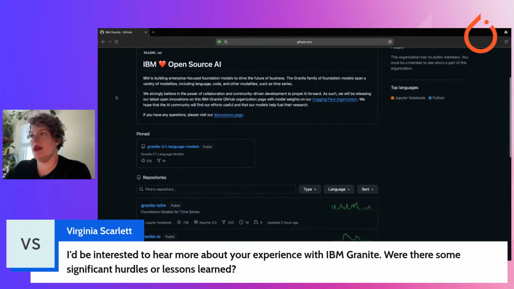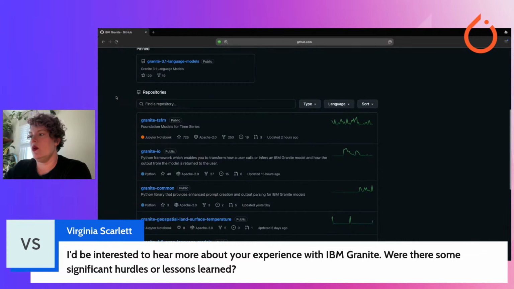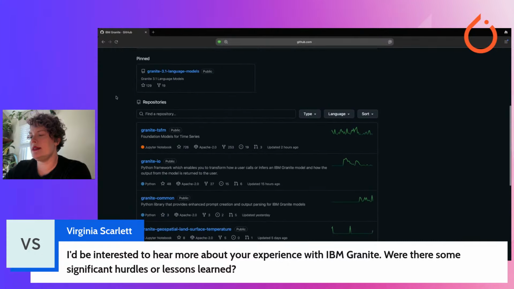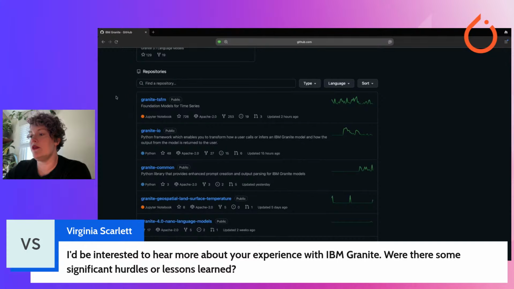Yeah, Granite has been quite an undertaking. We just announced version 4 of Granite that includes the nano language models. As we're seeing across the industry with large language models, people are realizing you don't always need a chainsaw when all you really need is a butter knife to solve a problem.